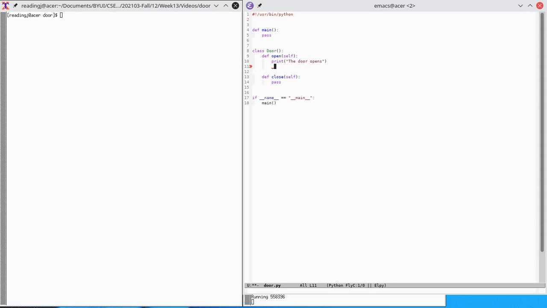We'll call this open equals true. Self.open. That makes it a property of the door object. And so this one would be print the door closes